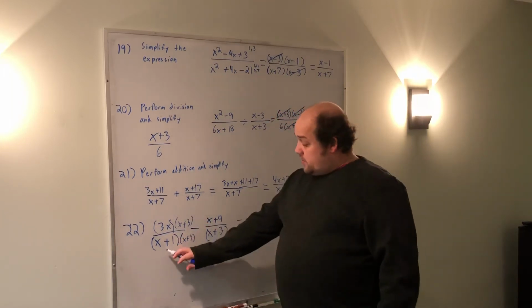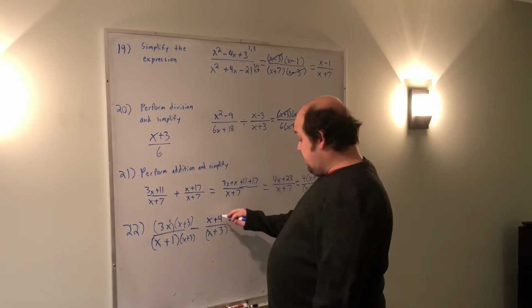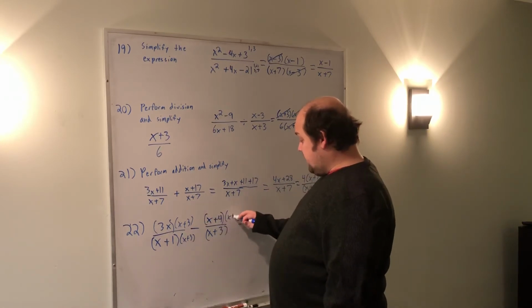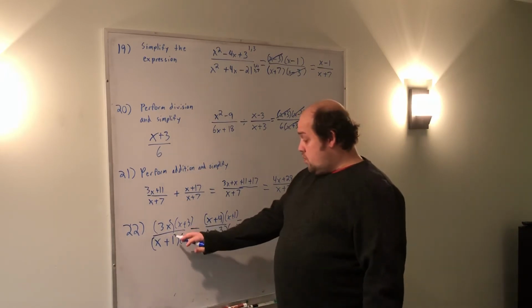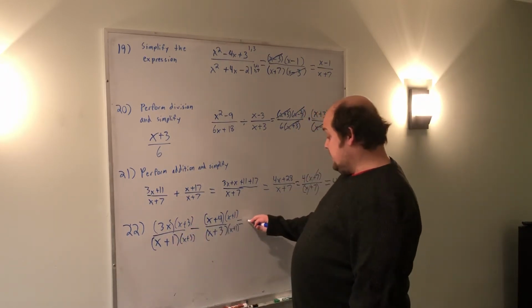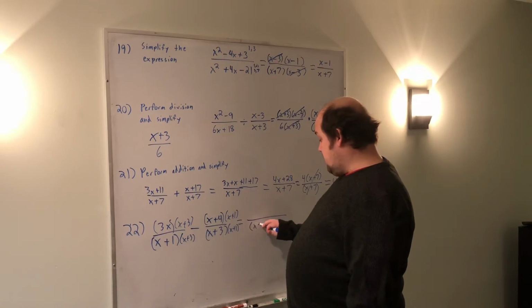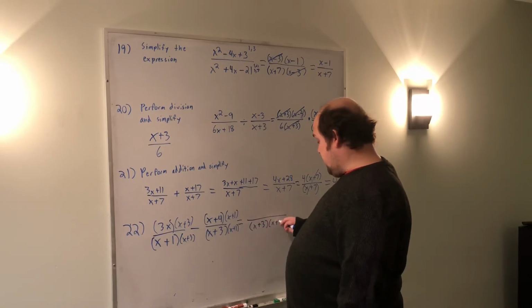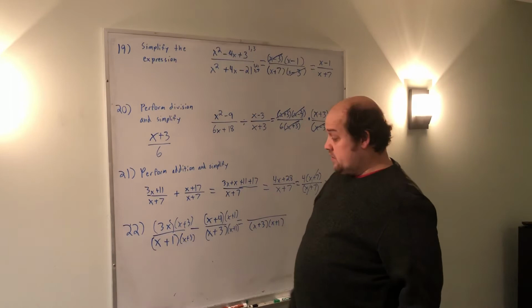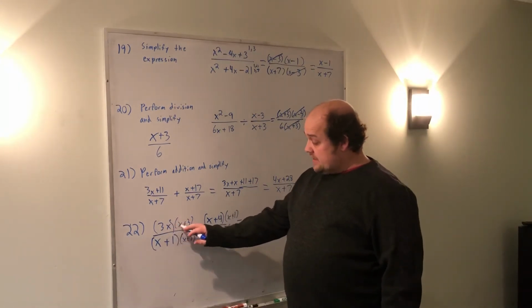Here, I've got x plus 1 on bottom. I'm going to multiply top and bottom over here by that x plus 1. So, on bottom, I'm going to leave it as x plus 3 times x plus 1. On top, I'm going to do some multiplication. 3x times x